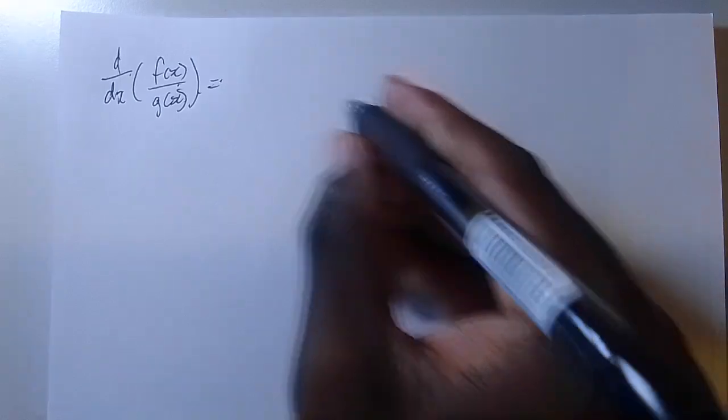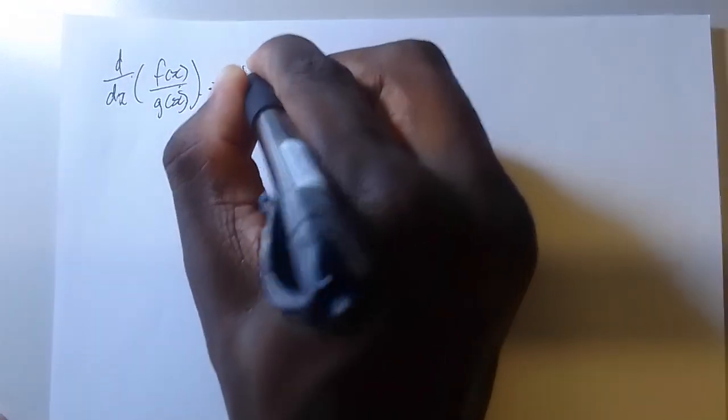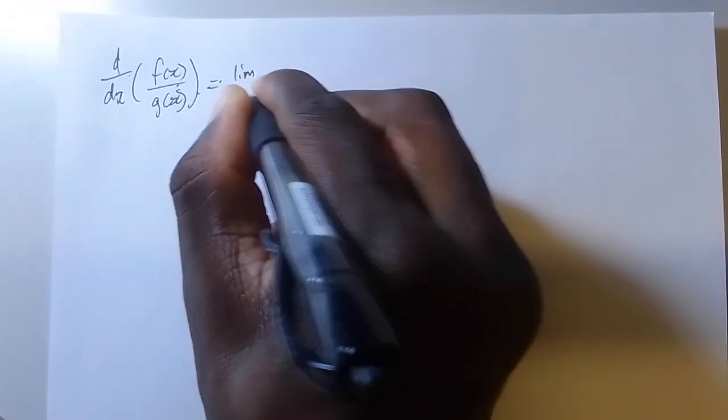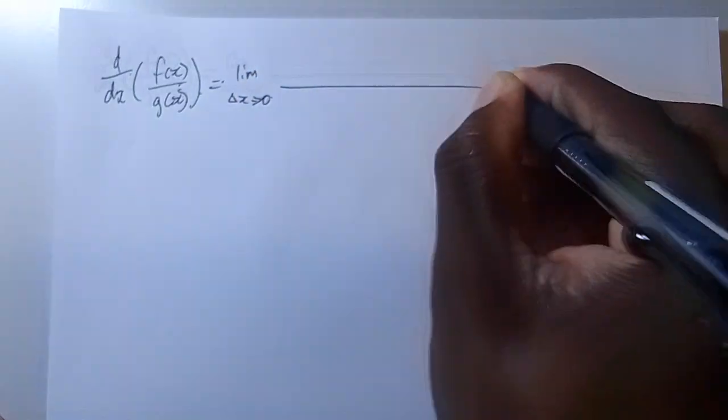d/dx of f(x) divided by g(x). We want to find where the quotient rule comes from. So the first thing we do is apply first principles. We say the limit as delta x approaches 0 of,